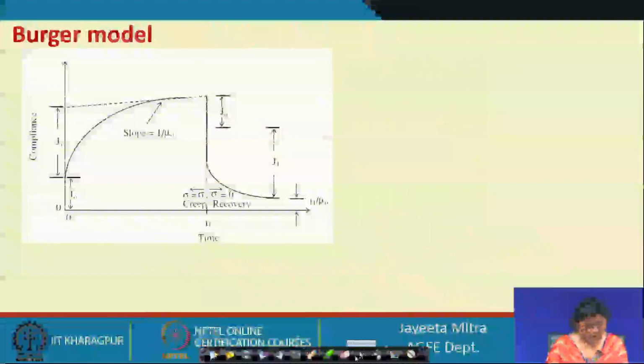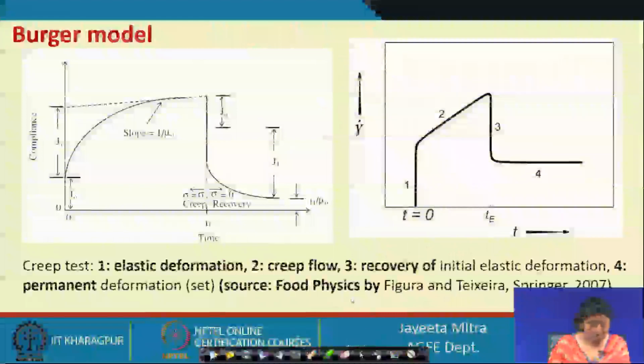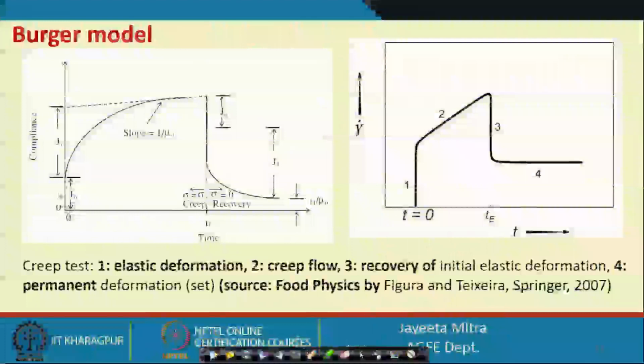J0 is the initial elastic compliance, J1 is increasing exponentially, and the last term is 1 by mu 0. And then after time t1 it is decreasing,